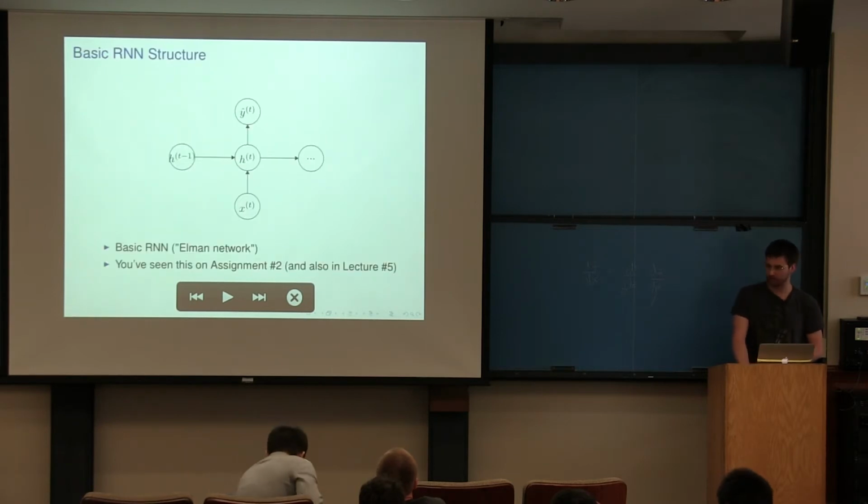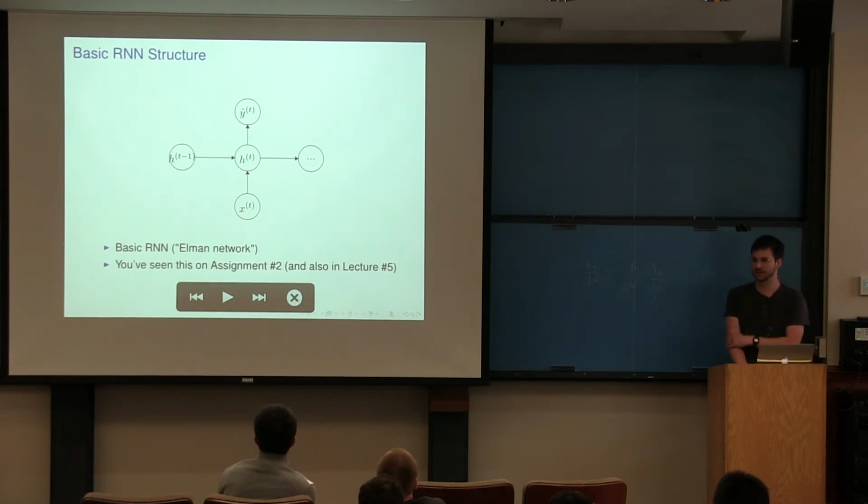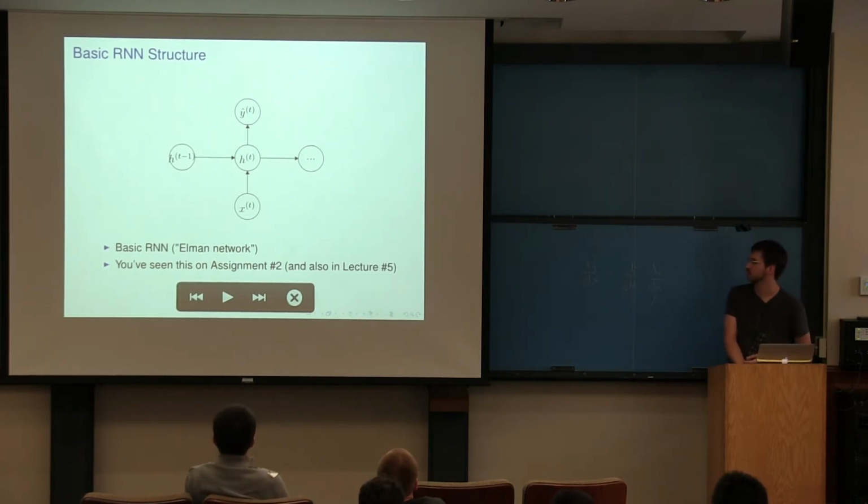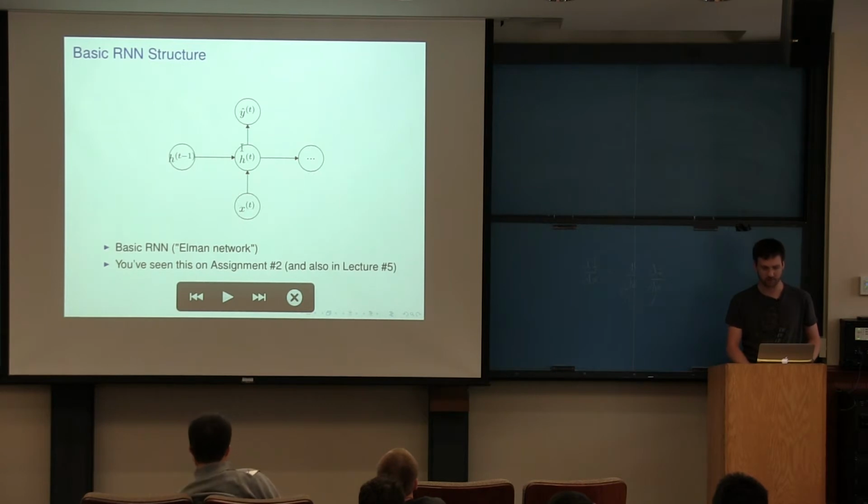So for the first part of this, we're going to talk about this simple recurrent neural network, and you guys have seen this. This is basically the network from assignment 2 that we've also discussed in lecture. It's also called an Elman network. The idea is that it's really just the same as this 2-layer, 3-layer, depending on what terminology you use, neural network, except there's input from previous time steps. So this is a single time step. You have X, and then there's the hidden layer, and that takes X and the previous hidden layer as input, and then it makes a prediction Y hat.